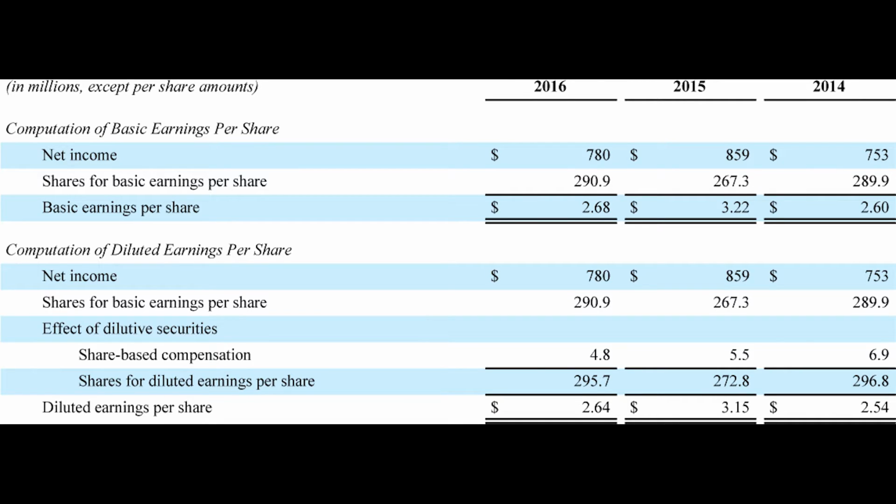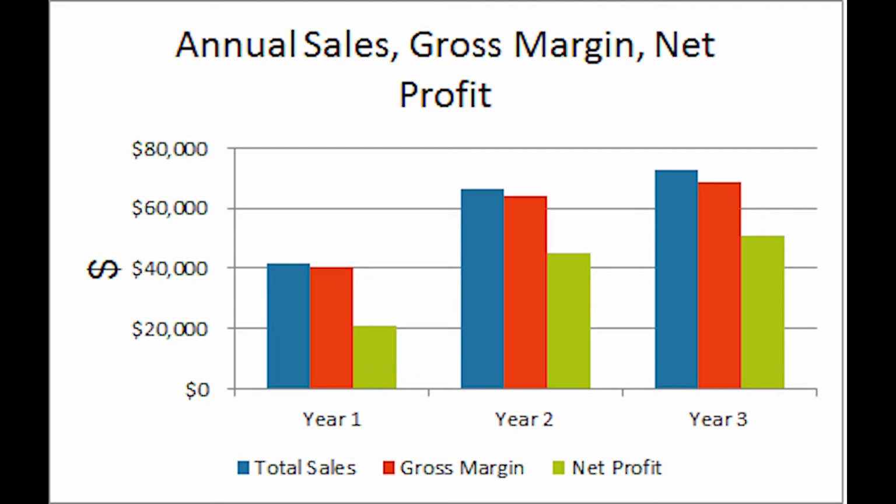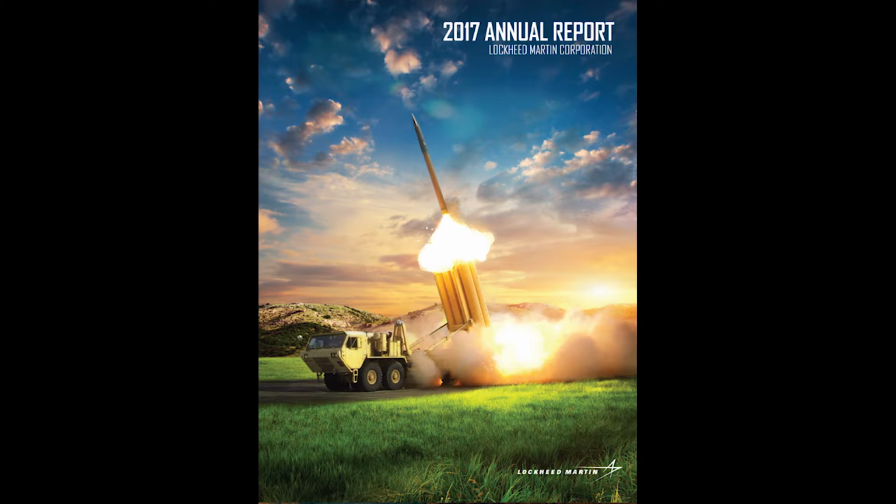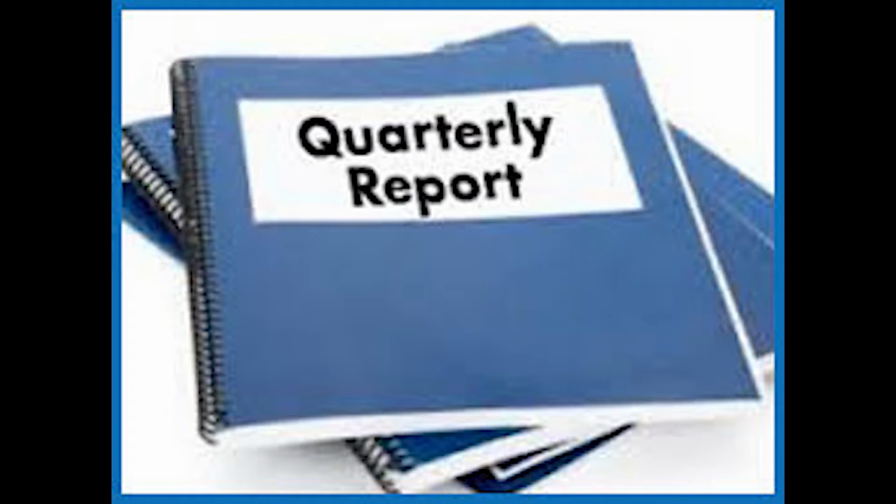This is a report that comes out once a year and reveals much of the company's overview, financials, director's report, chairperson's statement, along with much more. These are extremely beneficial to listen into, and I highly recommend listening to the most recent one if you're interested in purchasing a stock. The quarterly report is a report that is released 4 times a year at the end of each quarter for the company.